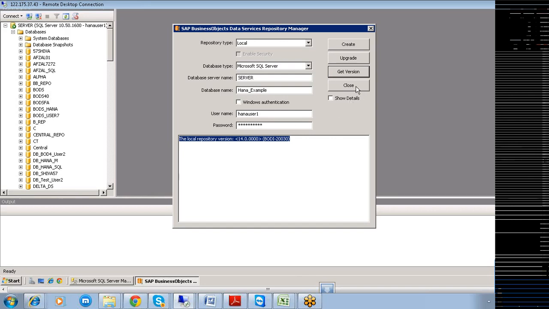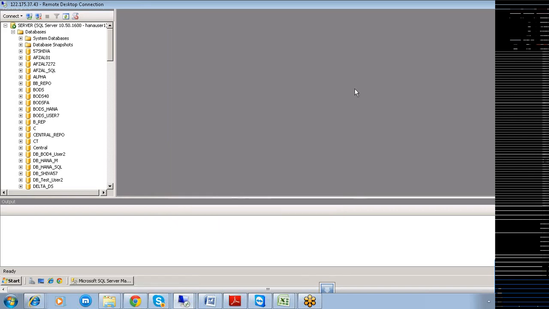Okay, then you close this one here. Done. So the repository tables are created in this particular system. Where is our system here? That is nothing but your HANA_example system.